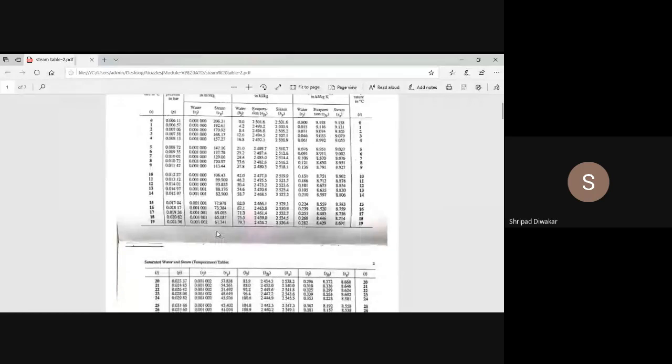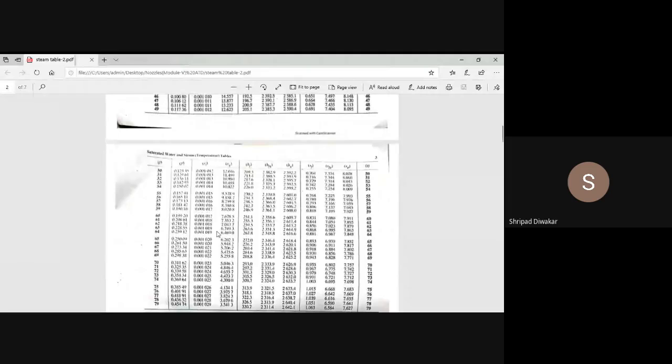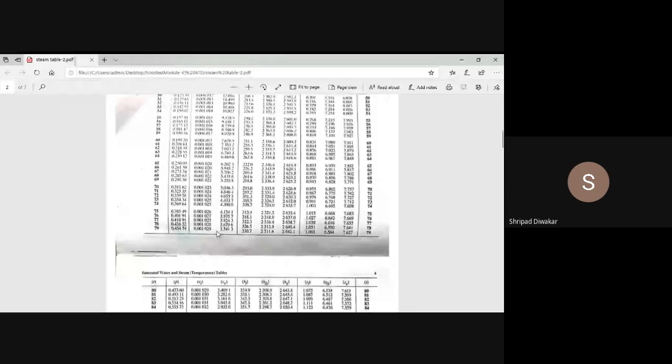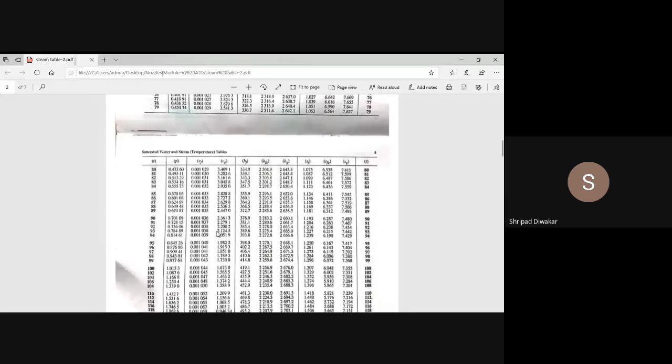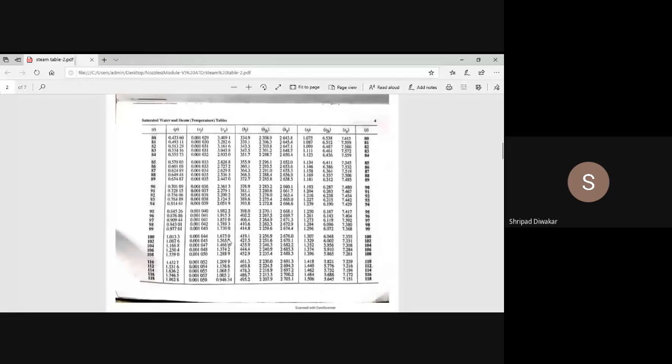We have the temperature from 0 degrees Celsius, on the extreme left, 70, 71, like that you can observe. This all indicates the temperature. This is the temperature based steam table. Suppose I want to find the properties of the steam at 99 degrees Celsius. The first column is your pressure. At 99 degrees Celsius, your pressure is 0.97 bar. Remember, this is in terms of bar. Vf is your specific volume, 0.001, and Vg is 1.73. You see, there are so many